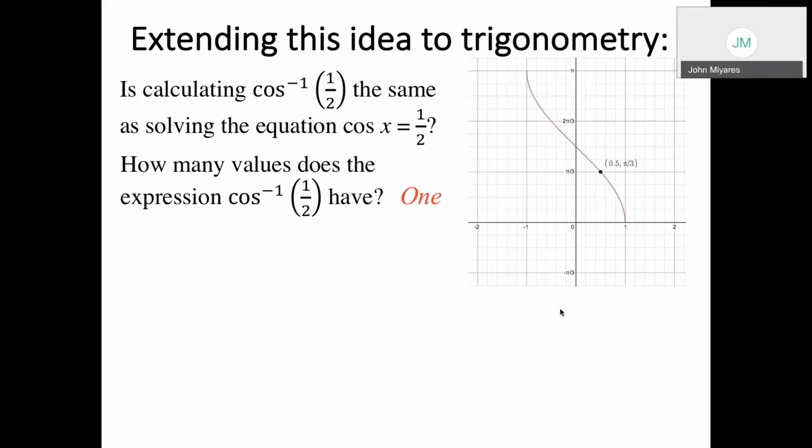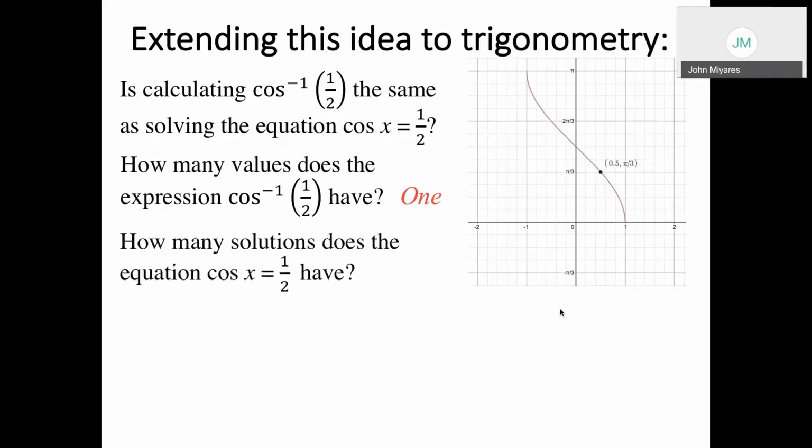Here, you're going to see that the inverse cosine of 1/2 is pi over 3 radians, or 60 degrees. Now let's ask, how many solutions does the equation cosine x equals 1/2 have? If I look at this from the same perspective as we did the problem x squared equals 4, we could